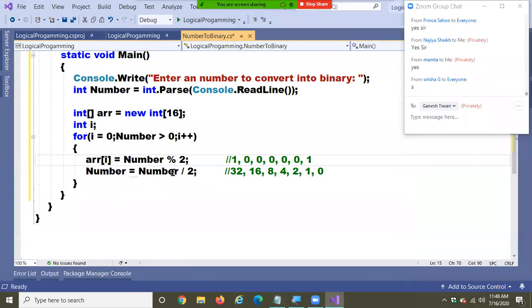Now tell me, how many cells did you fill in the array? 7 cells. Perfect. You filled 7 cells. Tell me, but how many cells are present in the array? 16. If I print all the 16 now, is it a confusion or not?